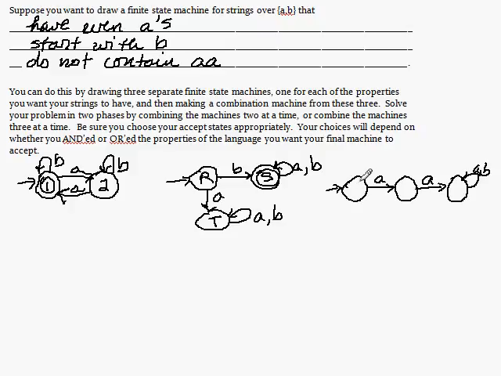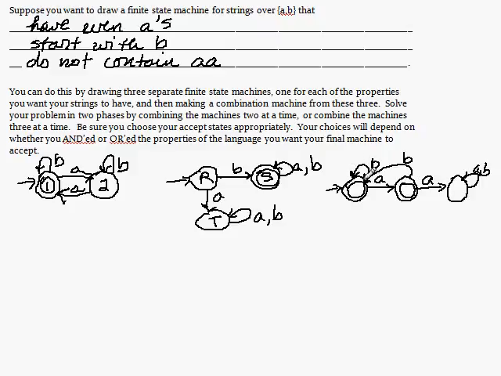So let me put the missing transitions in here. Contains AA. So if I get a B, I want to just hang out here waiting. If I've gotten one A and then I get a B, that's messed things up. So I need to come back over here. Alright, so there's my machine, and now these states are my except states because I want the complement